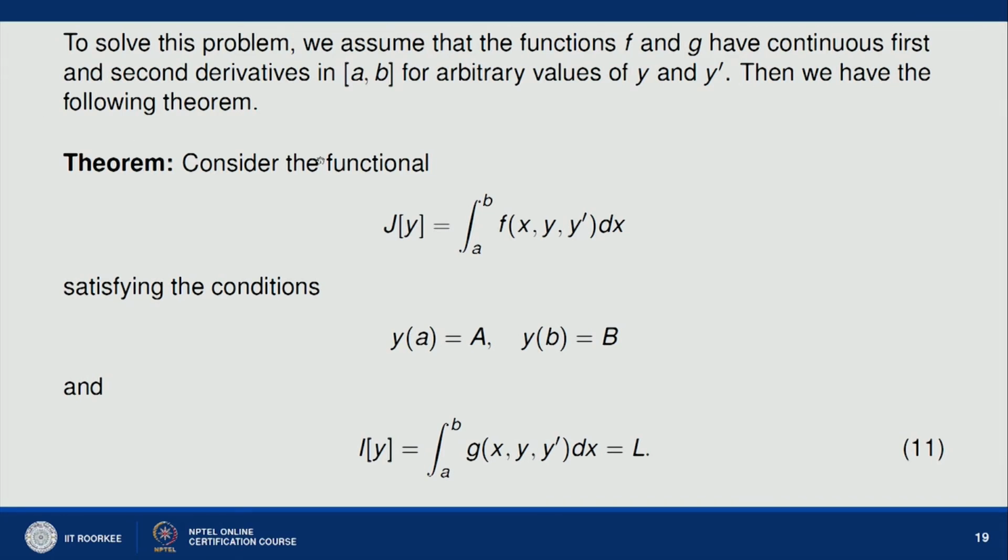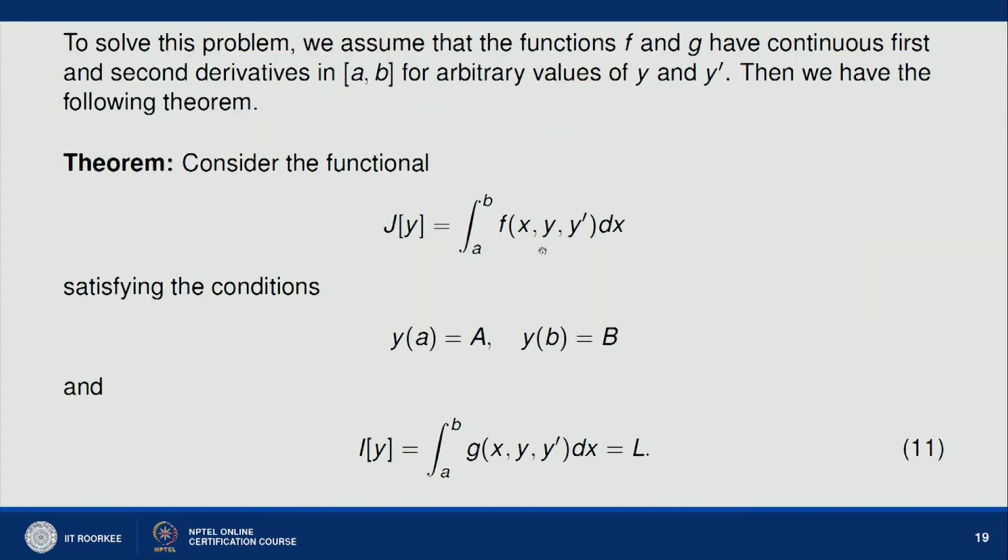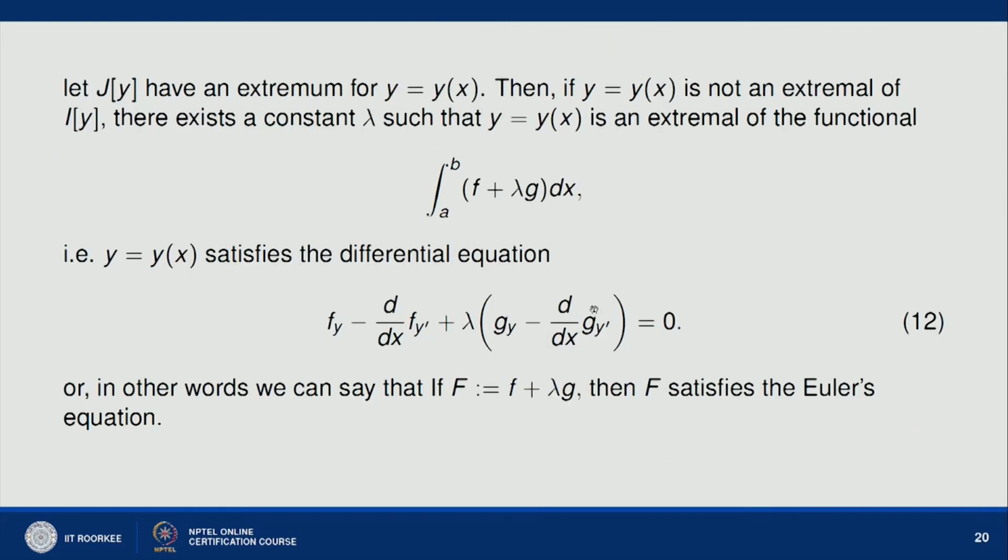To extremize a functional given that another functional takes a constant value, we have the following theorem. Consider the functional J of y, the integral from a to b of f of x, y, y dash dx, satisfying the conditions y of a equal to A and y of b equal to capital B, and the functional I of y, the integral from a to b of g of x, y, y dash dx, taking the value L. If J of y has an extremum for y equal to y of x, and y equal to y of x is not an extremal of the other functional, that is I of y,